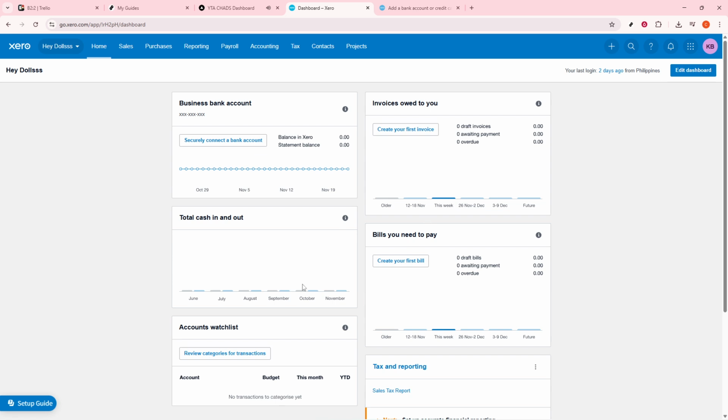And there you have it. You've successfully recorded a spend money transaction in Xero. Simple, right? With these steps practiced and repeated, you'll find that managing expenses within Xero can become a seamless part